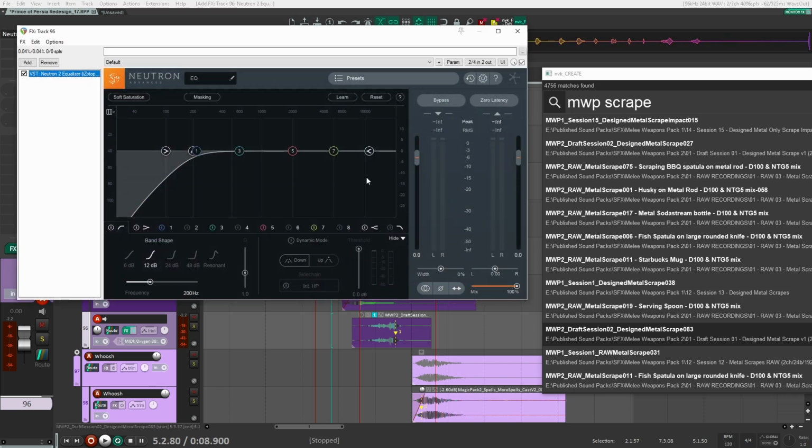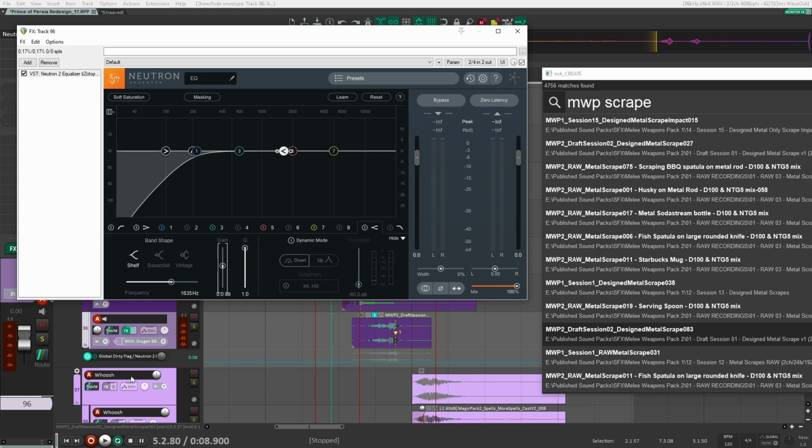But what I want to happen is I'm going to see if I can automate this so that I can maybe raise or lift the gain here of my shelf. So I'm going to just touch this, and I have a hotkey right now assigned so that I can see automatically the last touch parameter that I have, which should be that shelf. And I just want to raise it right at the end here like that. So if I play it,